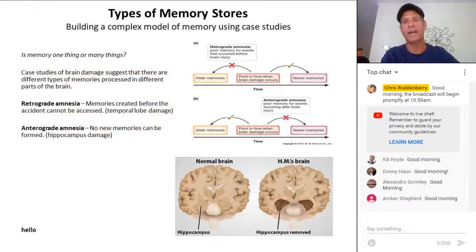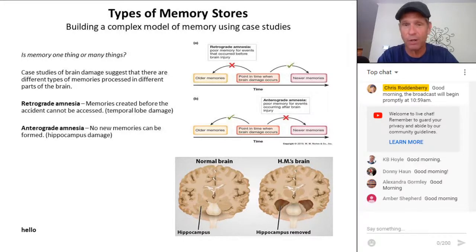All right, now here's the deal. Way back when, people didn't realize that memories were different or stored differently. Remember how several weeks ago I told you about the modularity of function, and I suggested to you that there are spots on our brain that are responsible for specific abilities. Well, it turns out that there are different areas in our brain responsible for different types of memories. And as we've studied case studies of people with brain damage, we've come to understand that memory is a rather complex thing, and that different memories are stored in different places of the brain.